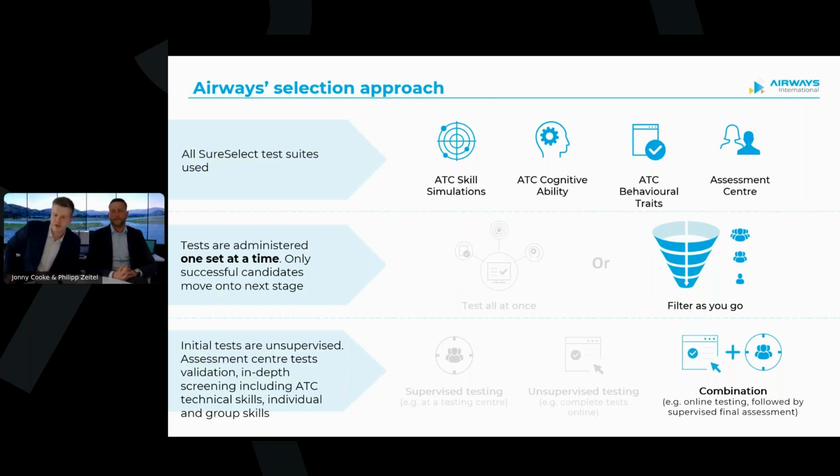We did actually have a question which was asking, are our tools adapted to different cultures? So yes, the tests themselves remain quite consistent. We can do customization for language and things like that. However, when we're comparing candidates, we establish norm groups for that local region. So we typically, with a minimum of 100 candidates that get run through the test, and they're the same type of candidate. It's an individual who's interested in a career in air traffic control. So we do establish norm groups for comparing the results of our candidates, and we do that locally based, so that those results are most relevant.